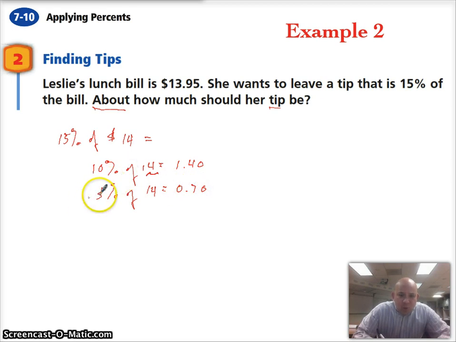So what is my total percentage here? Well, this is going to be 15%, of course, and that's what I want. And now I just add these together. And my tip should be about $2.10 in the tip. Next,